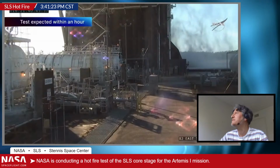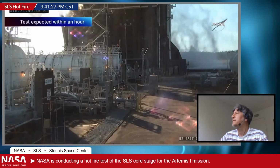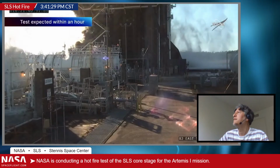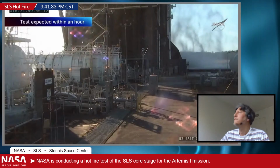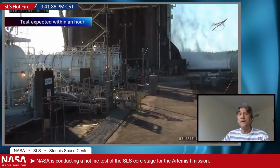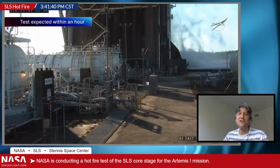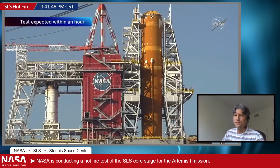This is a new shot. These are the oxygen barges docked on the east side of the stand, and so the engines start between 7 and 6 seconds. I think they've probably gone back and forth on when exactly it would be, but